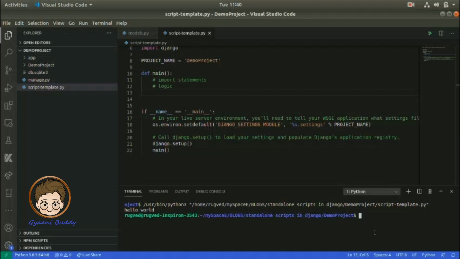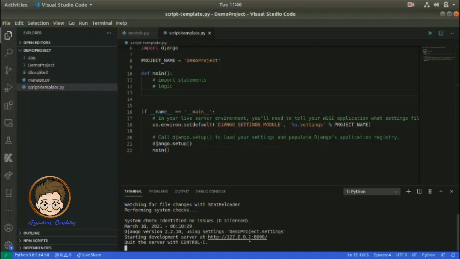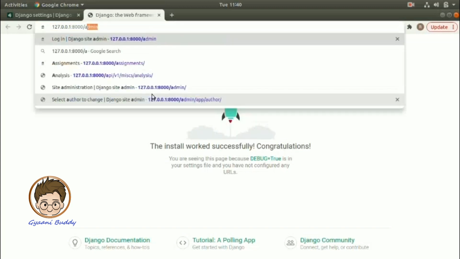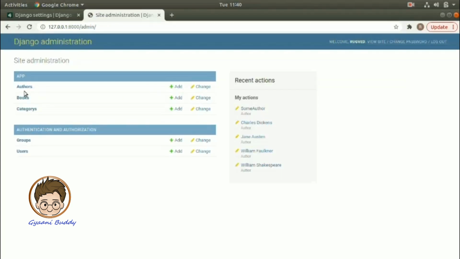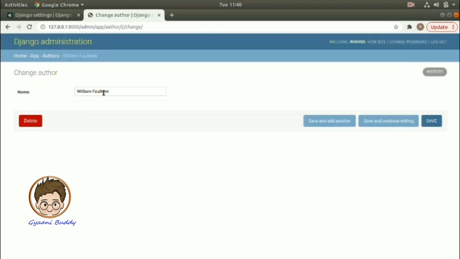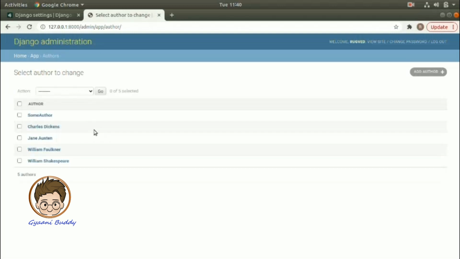First of all, I will show you what's present in the database. I have populated some entries. Let me show you those. I will run the server, and as you can see, this project contains nothing, but in the admin there are 3 models. We will go to the authors model, and it contains, let's say, 1 2 3 4 5 authors, and each author contains a name field, which is the name of the author. What we want to do is iterate over it and get the list of these.